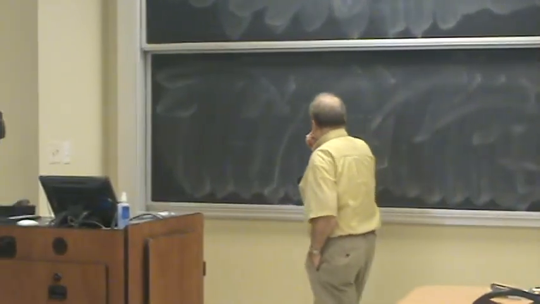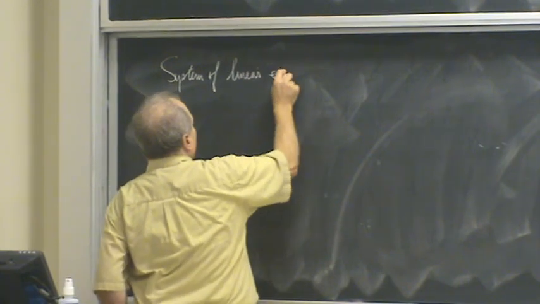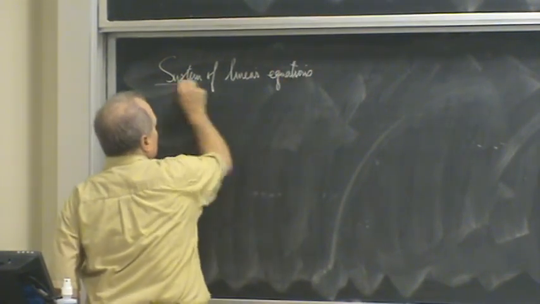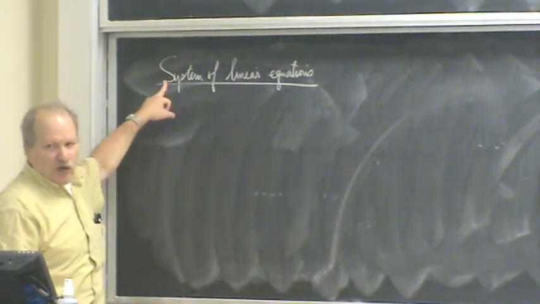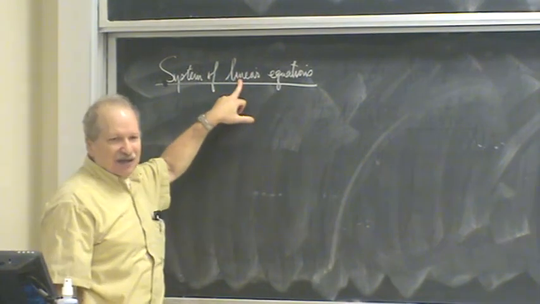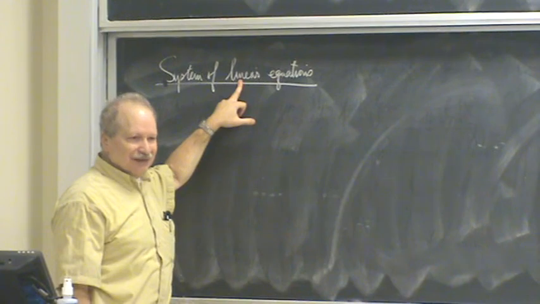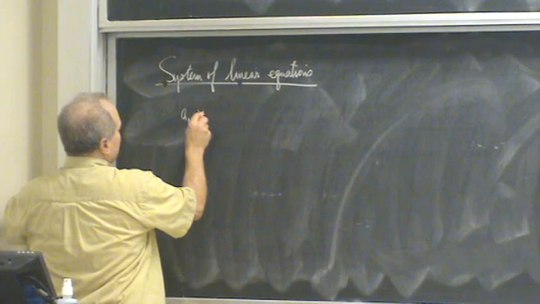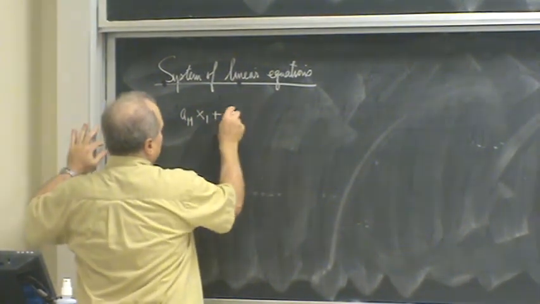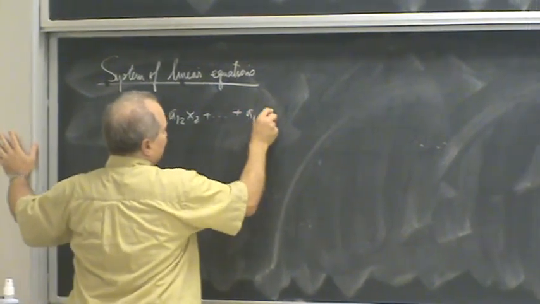Now, before I do that, if I wanted to look at a system of linear equations, what does it mean that it's a system? Well, typically it means that there's more than one equation. What does linear mean? All the variables appear linearly. And so you might have something which in abstract notation would have coefficients in it, and this looks remarkably like